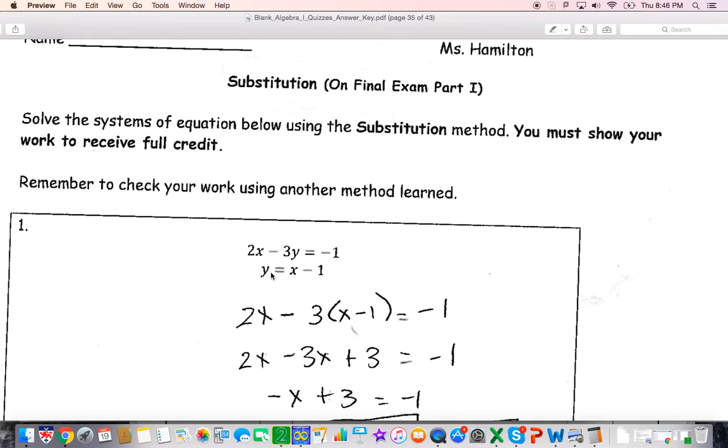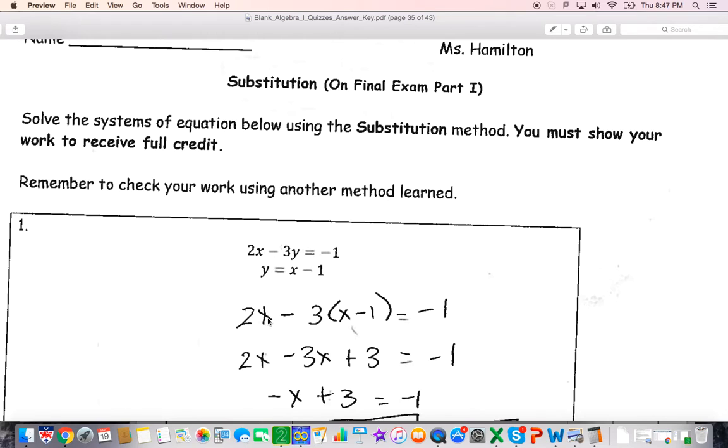All right, so here we have y equals x minus 1. So in this equation, we have an x and a y. In this equation, we also have an x and a y. We can take that expression for y, which is x minus 1, and we can substitute it for that y. That way, this top equation will no longer have a y. So as you can see below here,